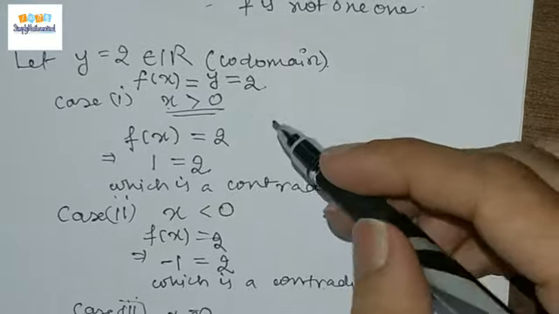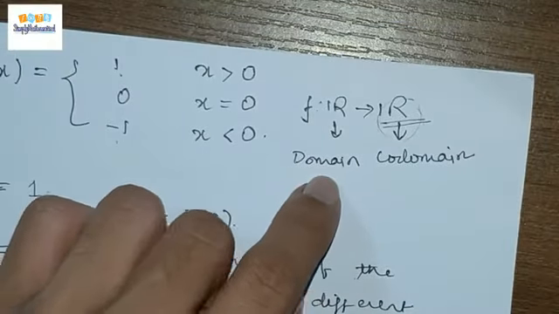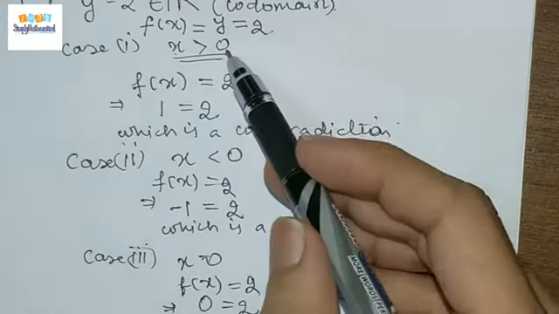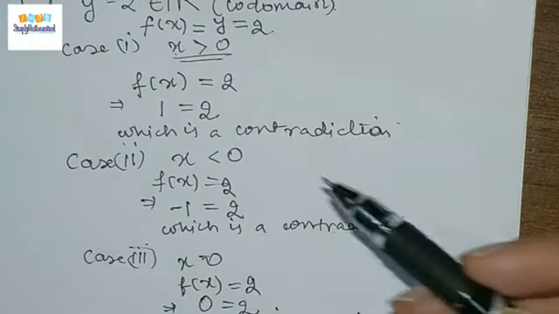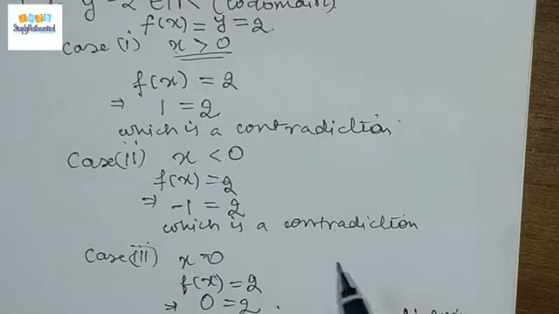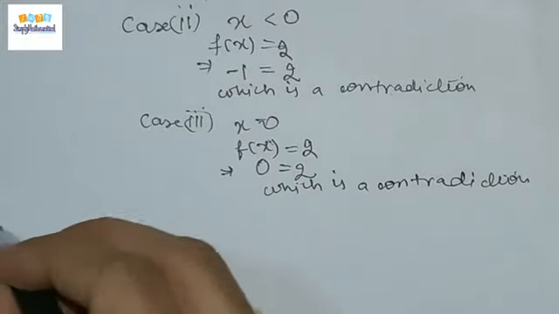Okay, so here you are taking every x in the domain, which is the real numbers. We are taking every x greater than 0, x less than 0, and x equal to 0. All possible cases we have taken, but for all the cases we are getting a contradiction, right? So that means what? Therefore